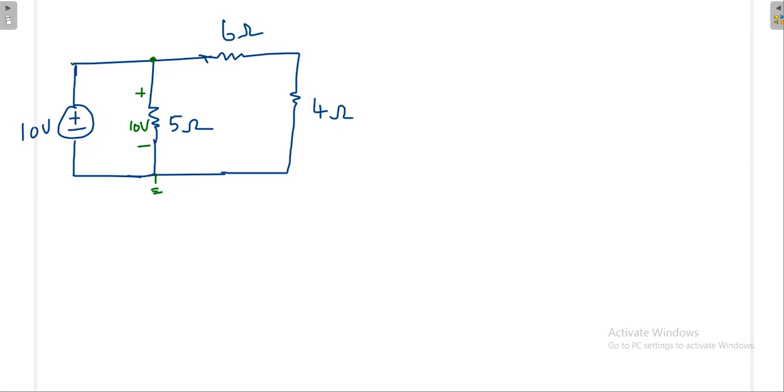This 10 volt will be shared here, 6 volt and 4 volt. You can apply voltage division now because you know the voltage here, so you can find how it will be distributed. With respect to this point, this is like a series combination. You have 10 volt here, so that 10 volt will be distributed in proportion, 6 volt and 4 volt. If you are not believing, go by any method, KVL, KCL, mesh equation or nodal equation. Finally you will get this answer.